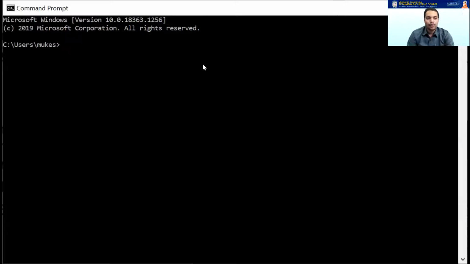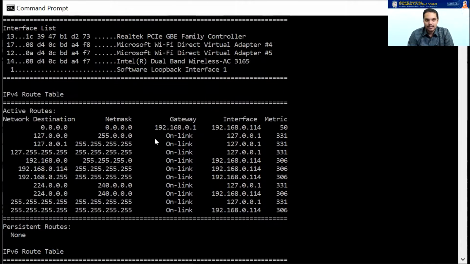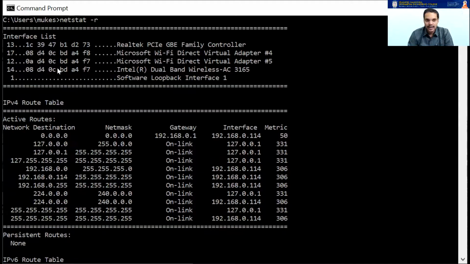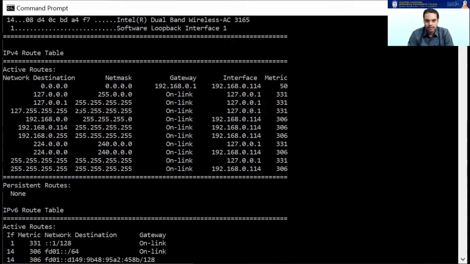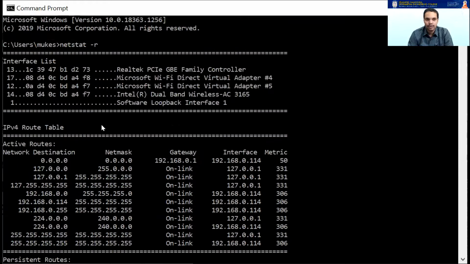Now I have opened the command prompt on my system, and if I type in netstat -r, see, it is giving me three things. The first one is your interface list. The second one is the IPv4 routes, and the third one is the IPv6 route table. So these are the three things that you can find out. You can simply type in netstat -r on your system. Okay,